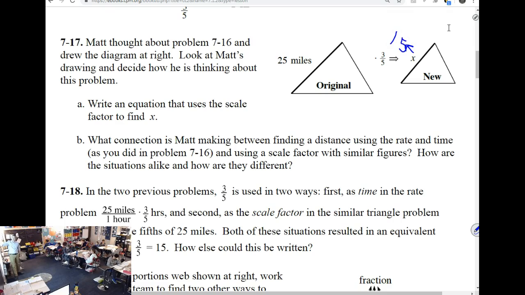My smart board's a little off. If this is 10 across the bottom, although I know that wouldn't make sense, what would the bottom of my new one be? 6, right? If I divide by 5, then multiply by 3. So think of 3/5 times 10 over 1. The 10 and the 5 can reduce, and 3 times 2 would be 6.